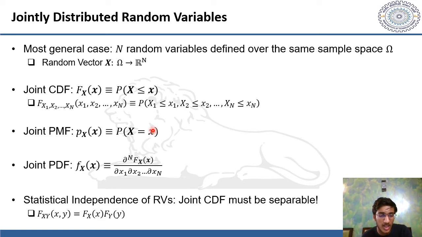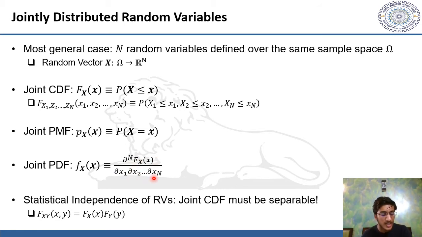That is only the possible set of vectors that this particular x can be. And then we define the joint probability density function as the nth order partial derivative of the CDF with respect to x1, x2, and so